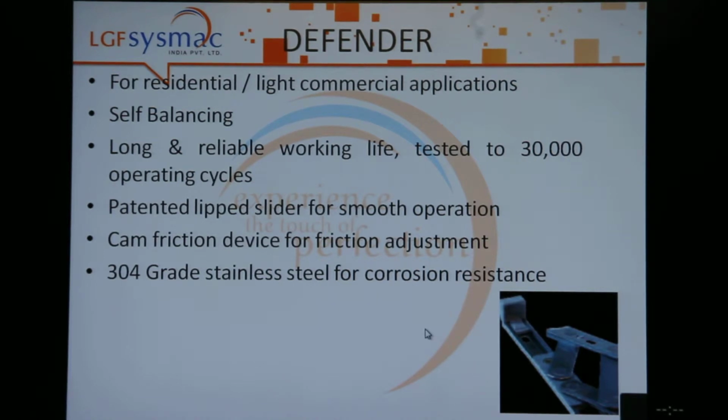It's self-balancing, long and reliable working life, tested to 3000 operating cycles. Patent lip slider for smooth operation, cam friction device for friction adjustment. The 304 grade stainless steel for corrosion resistance.